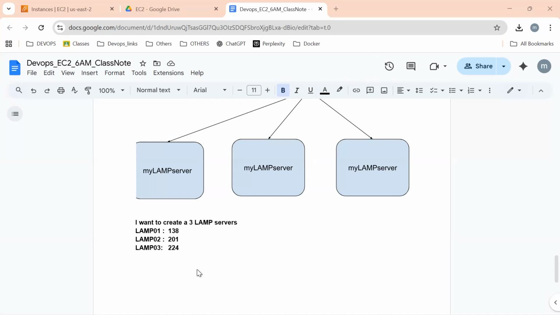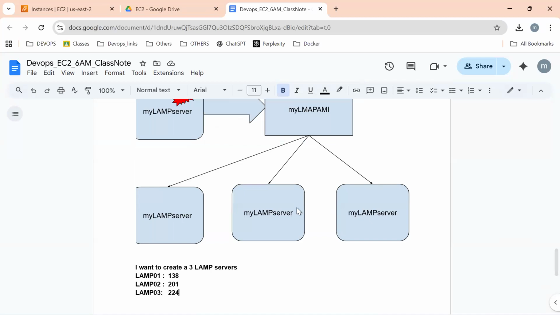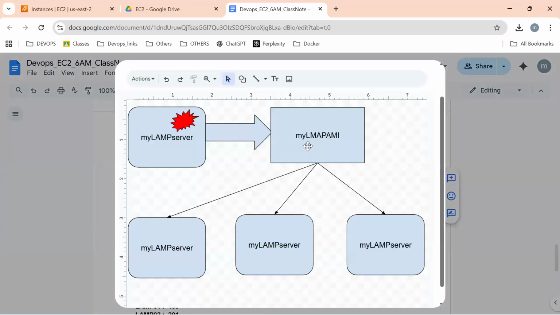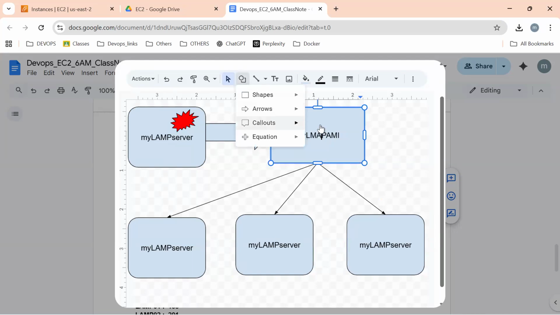Great. Okay, my question is, sir, after creating the LAMP servers, if you want to delete the LAMP AMI, can we? Yes, why not? There are no dependencies. After successfully creating LAMP server 1, LAMP server 2, LAMP server 3, if you want to delete the AMI, yes, we can.